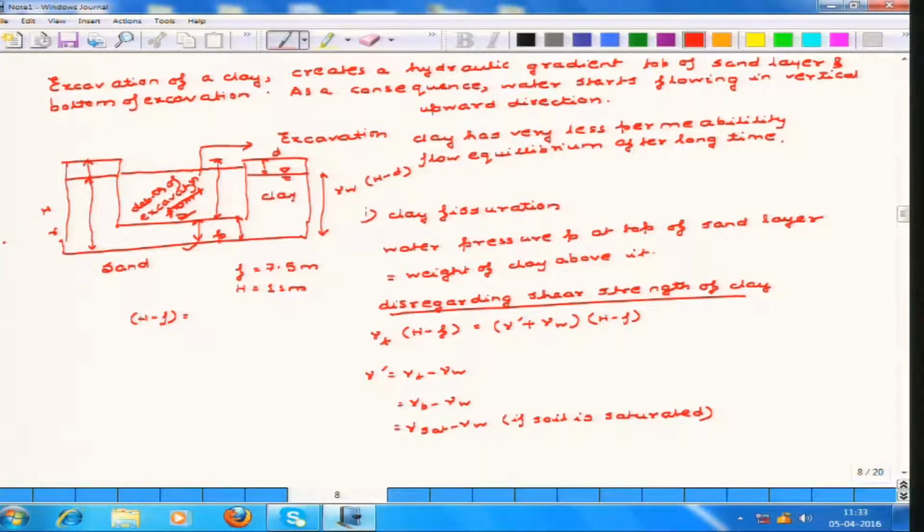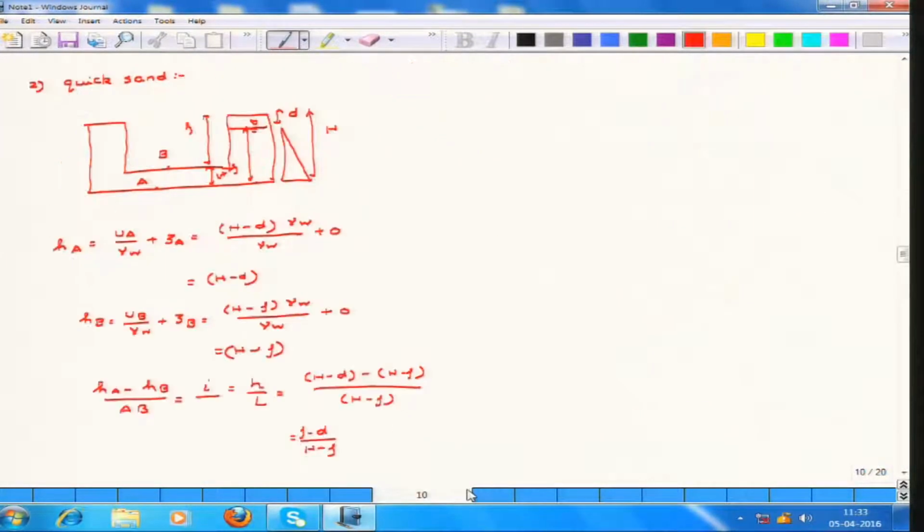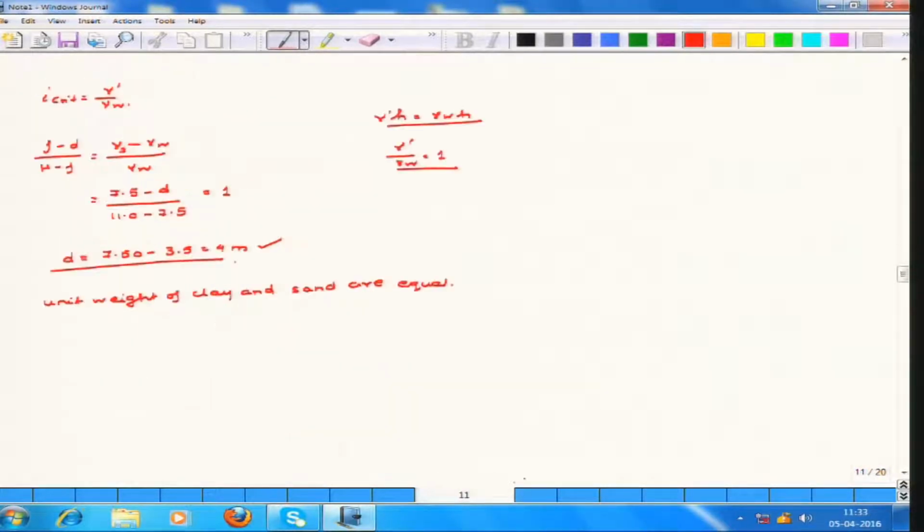So, when you consider the first condition, it was basically disregarding the shear strength of clay. In the second case, the shear strength was also neglected, and it was said that basically the water would rise to the cracks, because that is what the question was given as. Now, the shear strength of clay you can neglect if